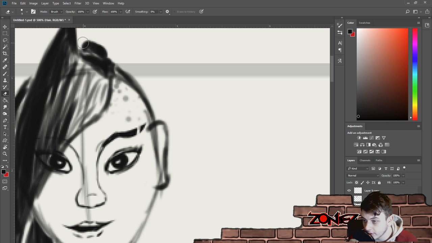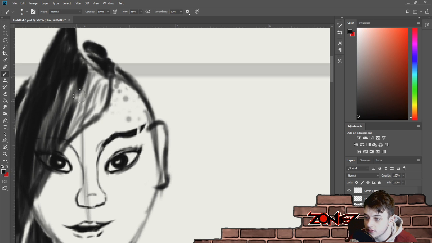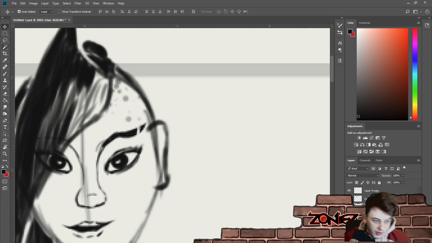So we'll kind of be doing this for the hair, where we do the streak that comes down. Boom, boom, boom. Color. How am I doing color?